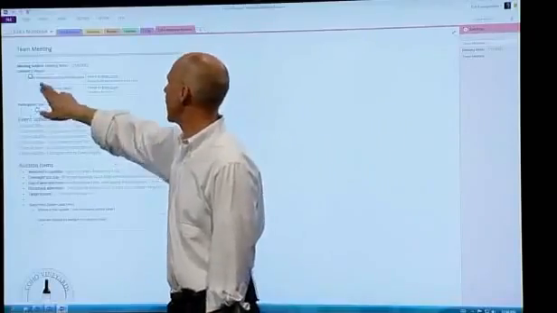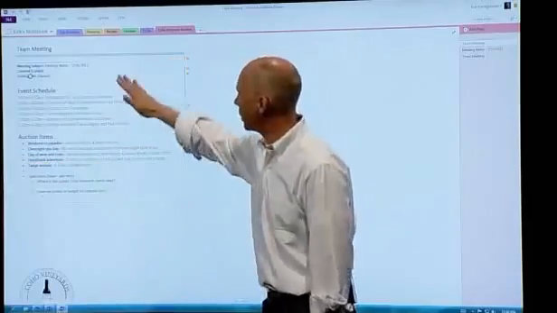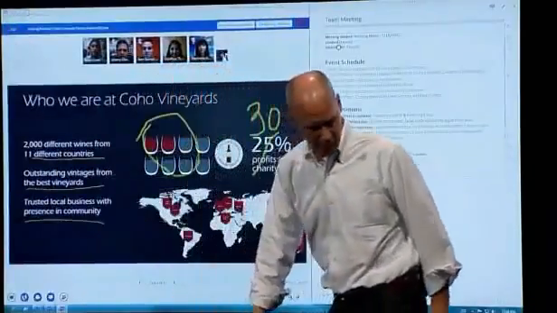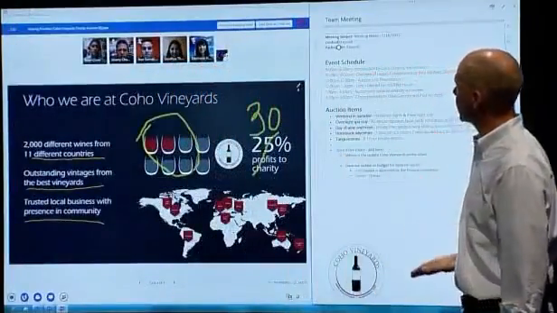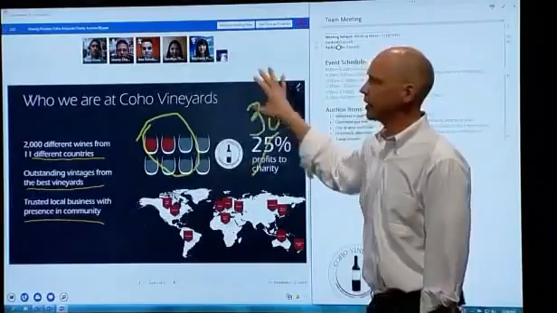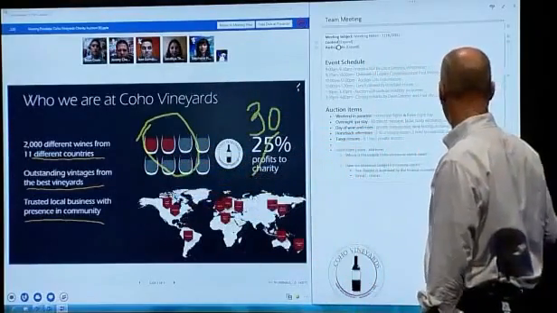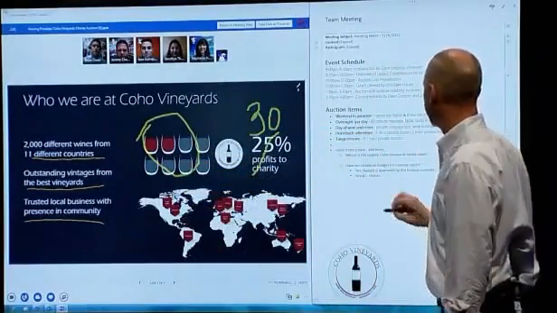If I don't want to see that right now, I can just tap those and collapse them. And then we can all be collaboratively taking notes here on the page. Now what I'm going to do is actually pin this so that I can see not just my note-taking session here on the right, but my collaborative meeting session over on the left as well. And again, it's all fully touch enabled where I can just tap here and